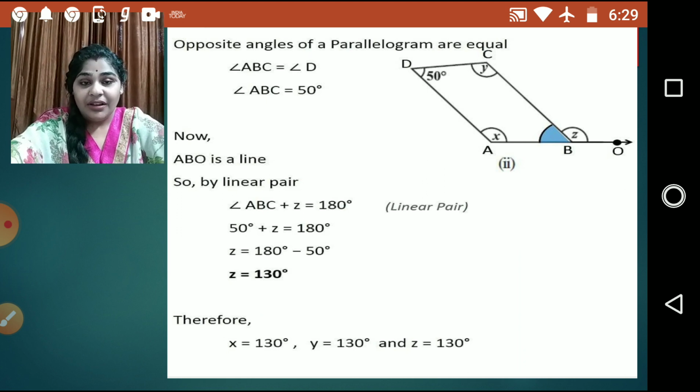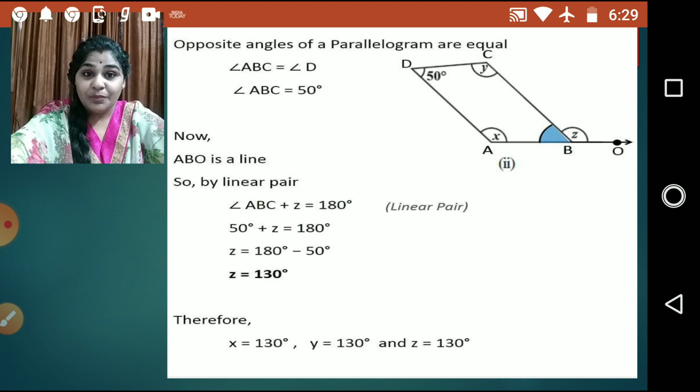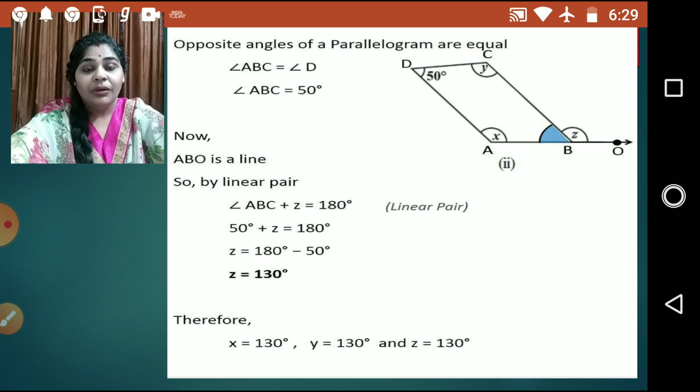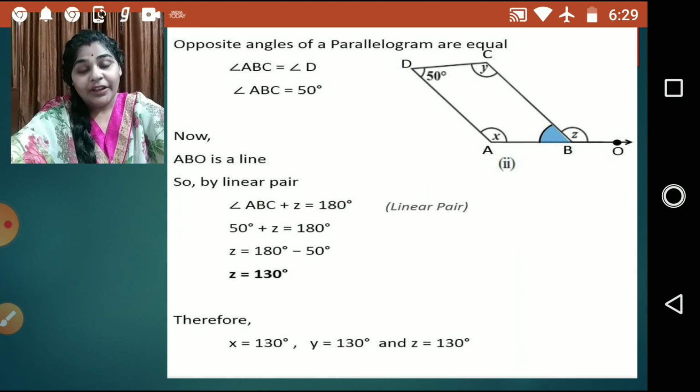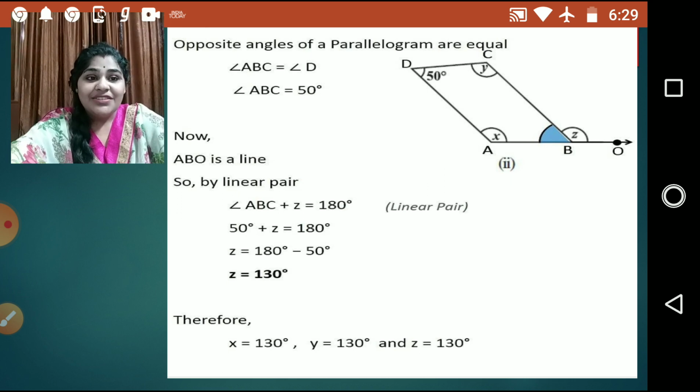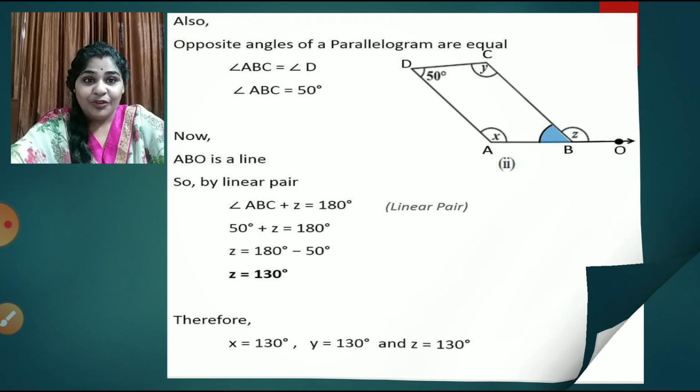So this is how, one by one, using the properties plus basic things whatever you have learned till now, it may be the angles of a transversal, then you have learnt supplementary angles, then complementary pair of angles, then vertically opposite pair of angles. So all these things you have to keep in mind, children. Somewhere you must also be using the angle sum property of a triangle. Okay, so keep all the basic things you have learned till now in mind. So let us go for the next one.